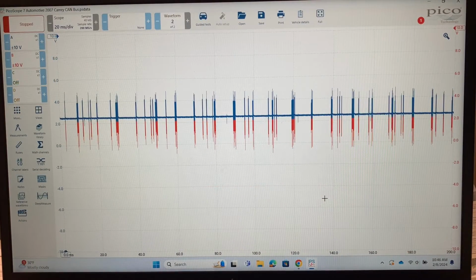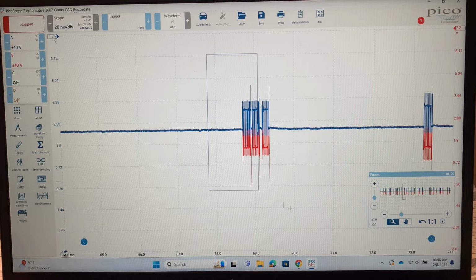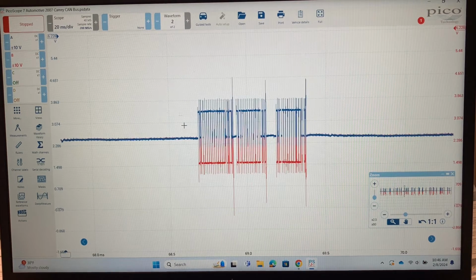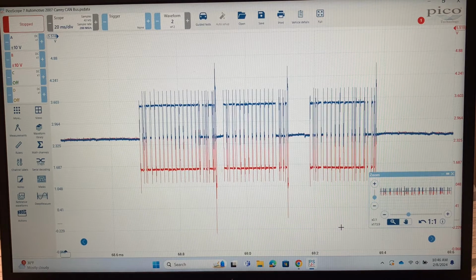Now that we've captured our data, let's go ahead and analyze what we have. So we're going to zoom back in like we were before. Looking at how those signals are mirrored is really the way you analyze whether or not you have communication errors and things like that. I've made a few other videos, if you want to go watch them, on how you can tell when the high or the low is shorted out, or if there's an open. So you can usually catch those big problems